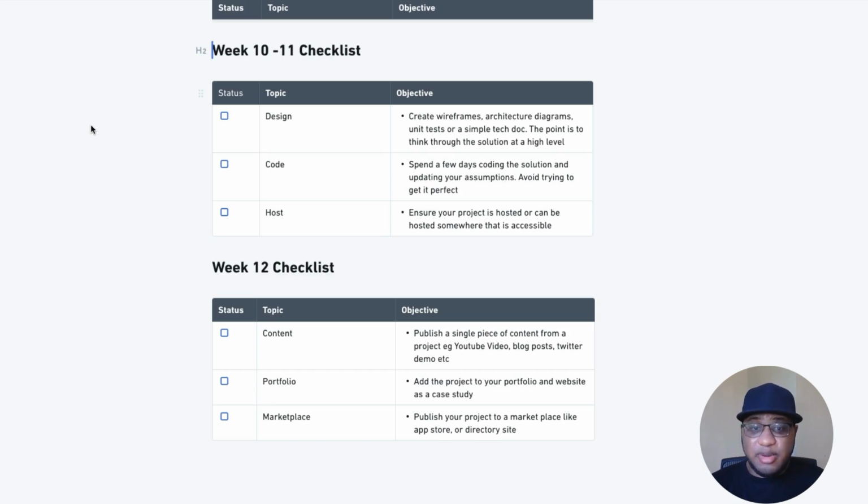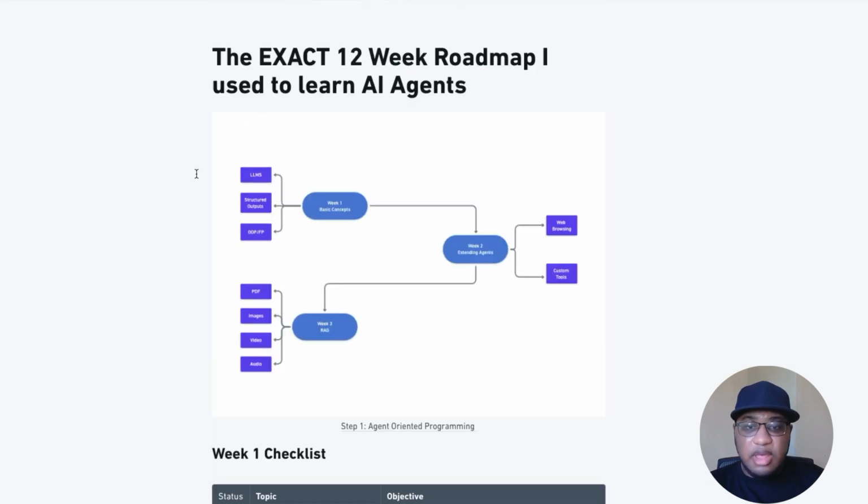The hardest one to do off this roadmap, if you've built something in 2 weeks, is to put it into a marketplace. There are things like AppSumo, Product Hunt, the App Store, the Android Store. You could aim for that, and that's completely valid, but just know there are options here. You don't have to put out an app that has 1 million users over the weekend or anything like that. So this is a quick little roadmap, if you are looking to go from beginner all the way to someone who can use agents